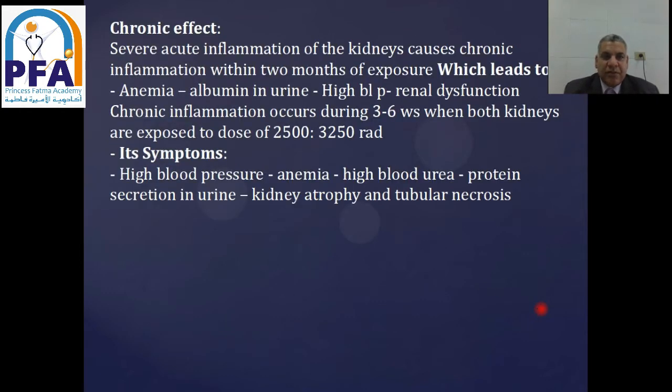Chronic effects. Chronic inflammation within 2 months of exposure leads to anemia, albuminuria, hypertension, and renal dysfunction. Chronic inflammation occurs in 3 to 6 weeks when both kidneys are exposed to a dose of 2,400 or 3,250 rads. And this can be manifested by hypertension, anemia, renal impairment